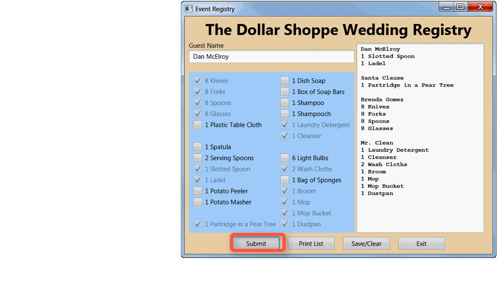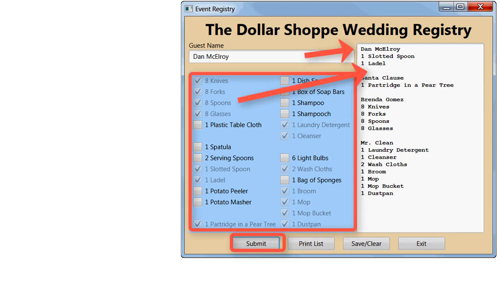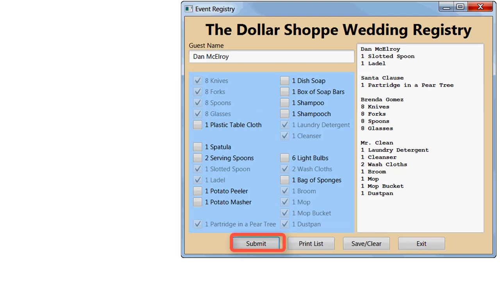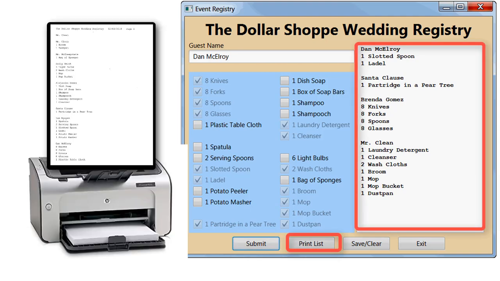The Submit button copies the guest name and each of the items selected into the text area on the right position. After the items have been copied, the checkboxes are disabled, preventing the next guest from selecting an item that has already been chosen. The Print List button prints the names of guests and their item selections that are on